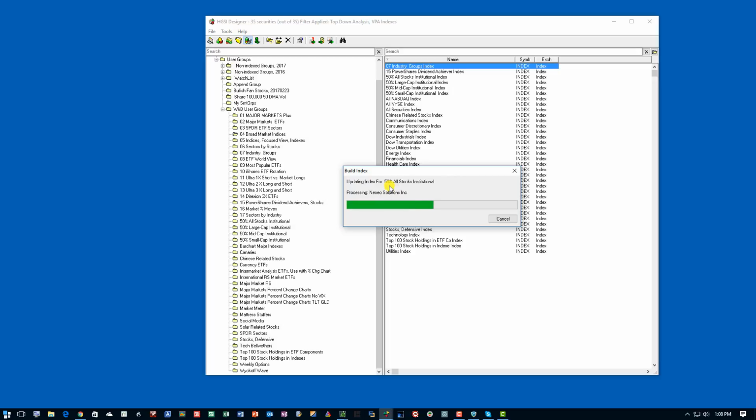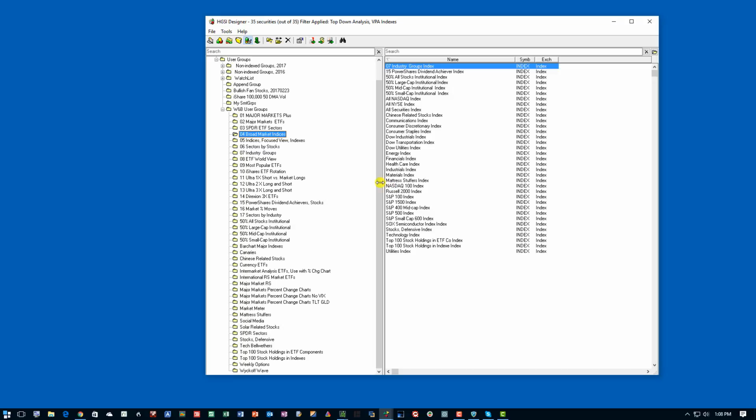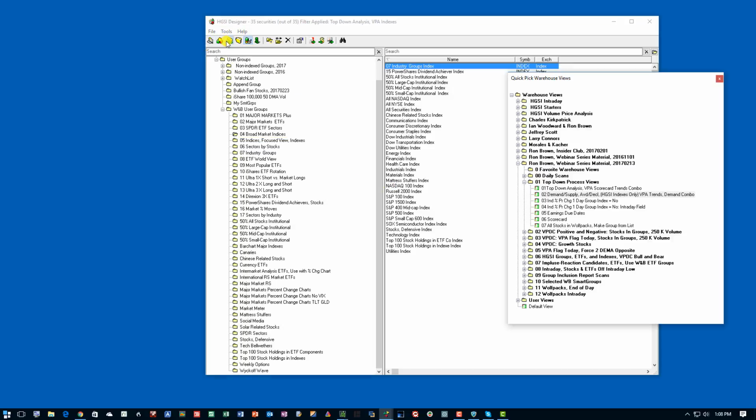These are institutional stocks that have at least a 50% sponsorship by institutions. Same for mid, small, and large cap. And now it's going through and rebuilding every one of the 170 or so industry groups in the database. And you'll see the value of this as soon as this finishes. We're almost there. Okay, that's it. Now I'm going to flip back through to the warehouse